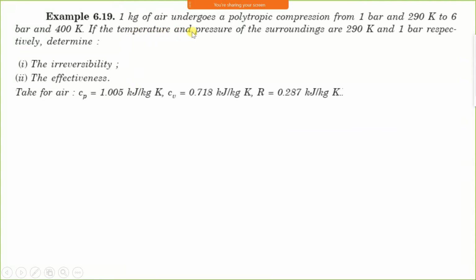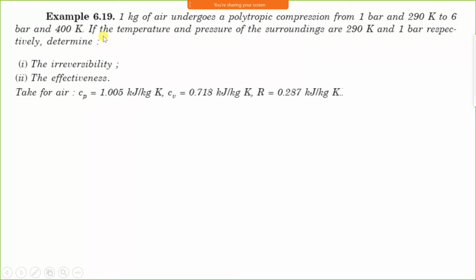1 kg of air undergoes a polytropic process. Here in this problem a polytropic process is given. The mass of air is 1 kg. 1 kg of air undergoes a polytropic compression from 1 bar and 290 Kelvin to 6 bar and 400 Kelvin. Initially air was at 1 bar and 290 Kelvin, and after compression the temperature and pressure rose to 6 bar